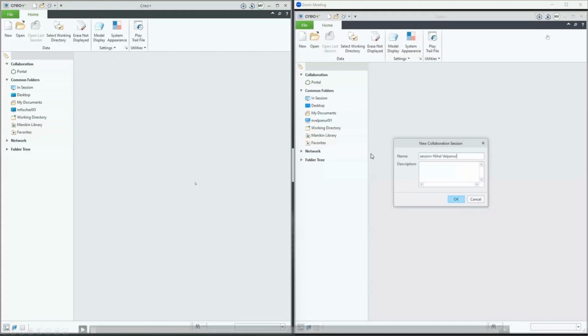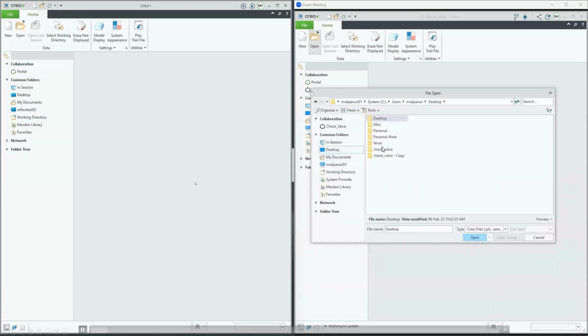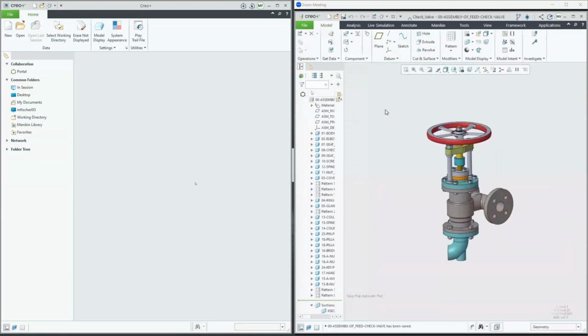We do have these collaborative tools icons up at the top right. He's going to select one to say, I'm going to create a new collaboration session. He's going to then give it a specific name, and he'll call it check valve. And what he's going to do now is, in the folder tree, we could see the check valve created. He's now going to upload data to it, and that data could be checked out from Windchill or from the local